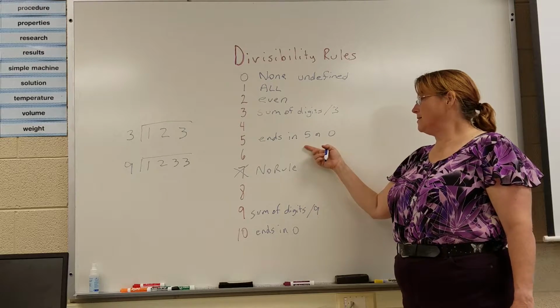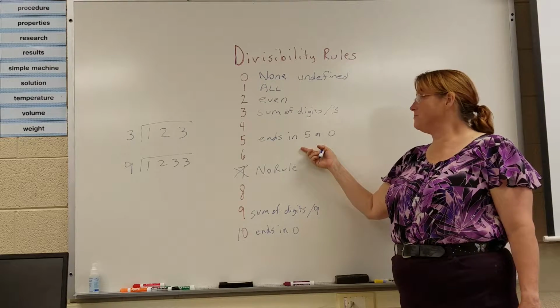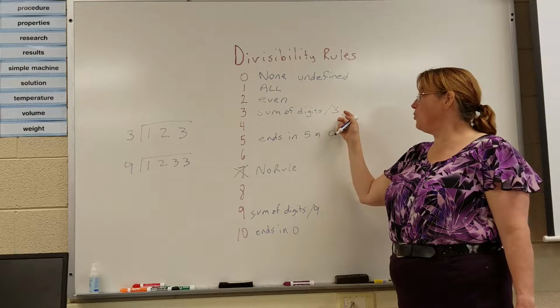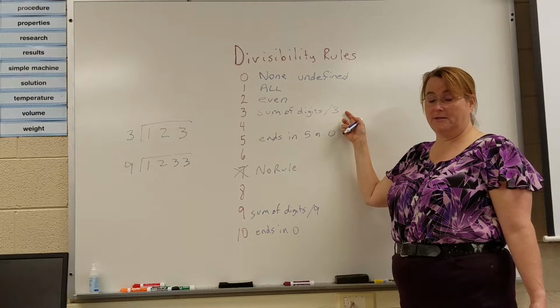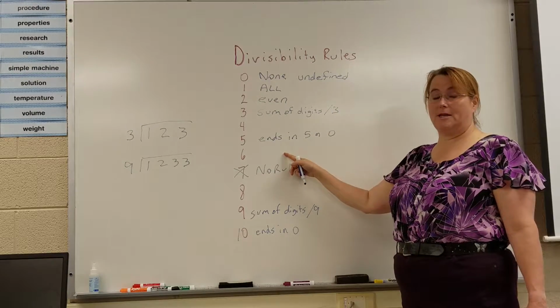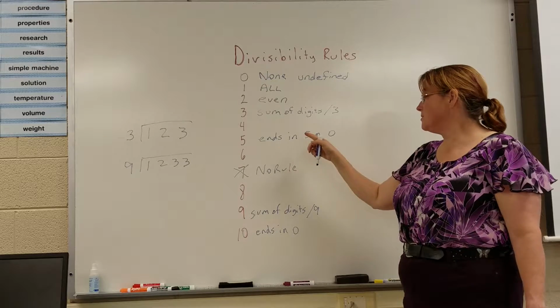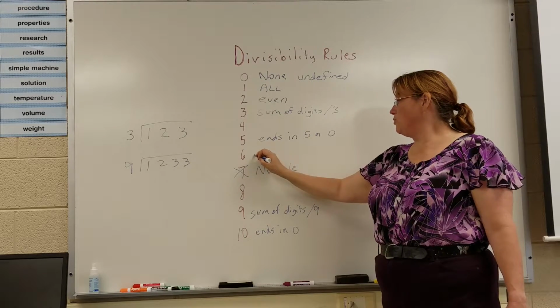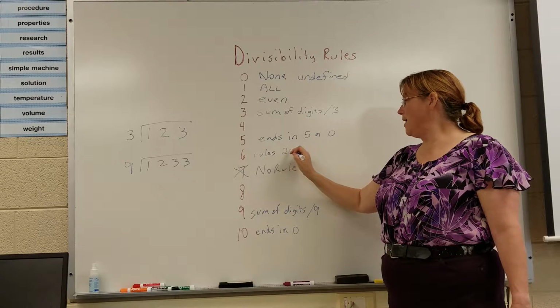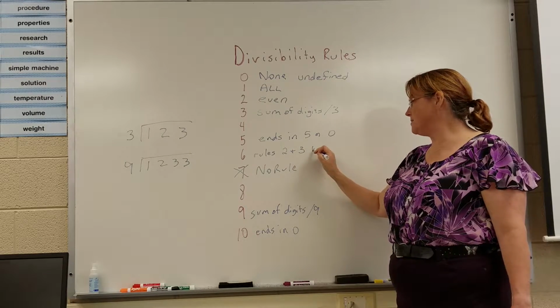Now 6 is probably one of my favorite rules. It says that if rule 2, which is even numbers, and rule 3, which is the sum of the digits is divisible by 3, then it is divisible by 6. So if rules 2 and 3 both exist,